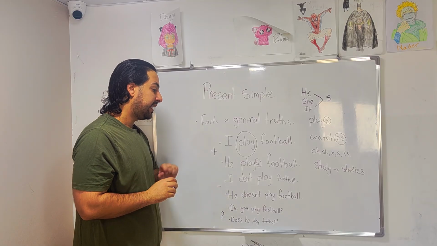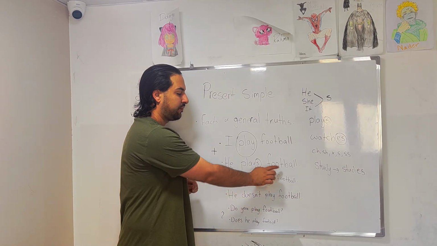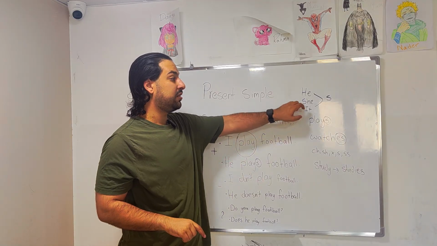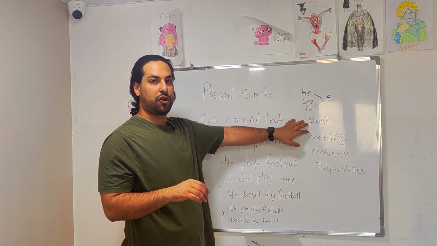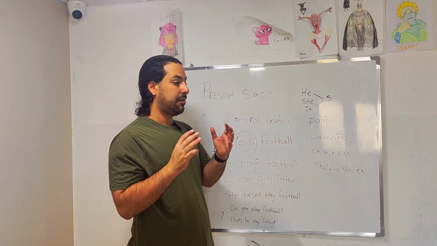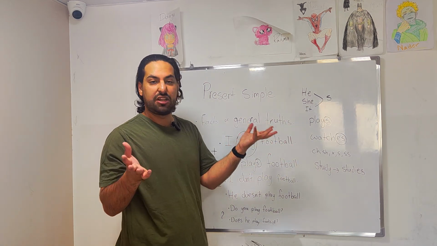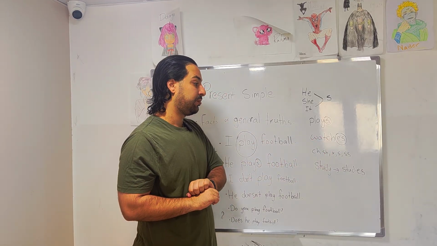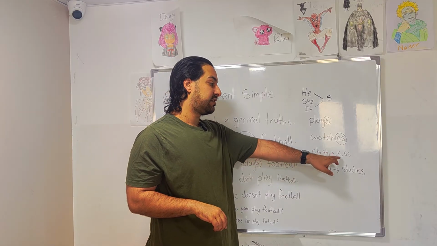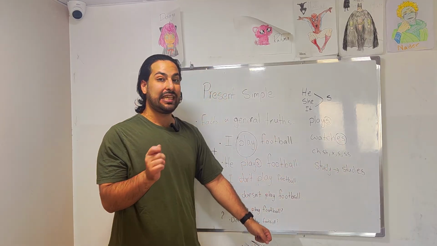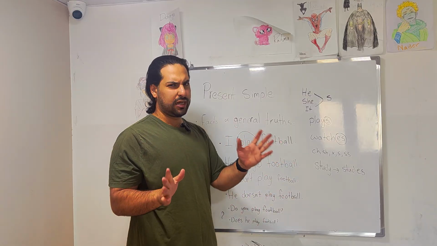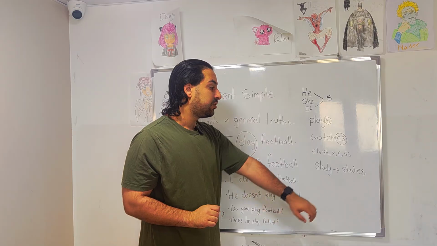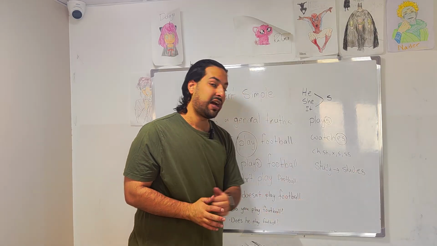However, if I have he plays football. Usually when you have he or she or it, add s. So normal verbs, just add s, plays, any other verb that is normal. And then we have verbs that we add es to. When we have ch, sh, x, or s, or ss, we add es at the end. Of course, there are irregulars for that as well. If we have y at the end, we remove the y and add ies.